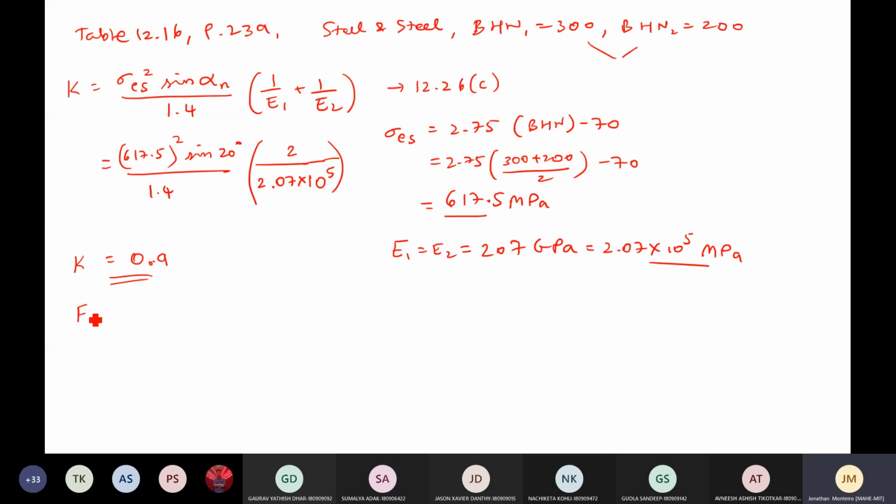So FW now with the new value of 0.9. This is 0.9 that we have calculated. So again, D1 BQ by cos square beta. So let me put that value. D1 will be